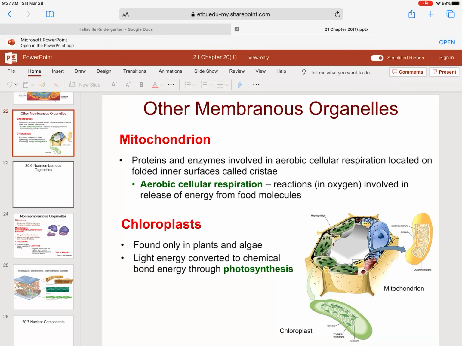Now, chloroplasts are only found in plants and algae. This is where light energy is converted to chemical bond energy through photosynthesis. So you can see plant cells are going to have both mitochondria and chloroplast, but we don't have chloroplast,